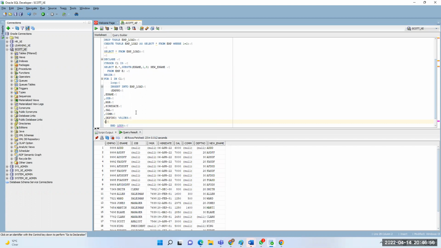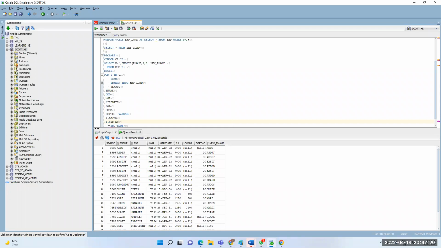This I is a temp variable actually. The cursor values are stored into the I variable. Now we have to load the data with employee number, then I dot new underscore rename.